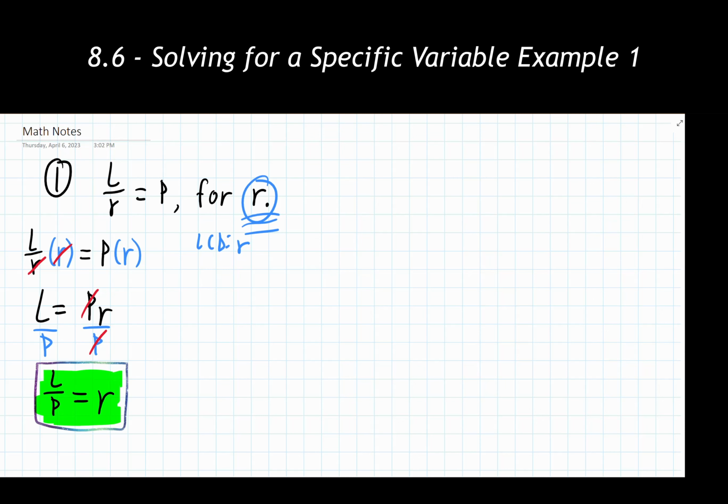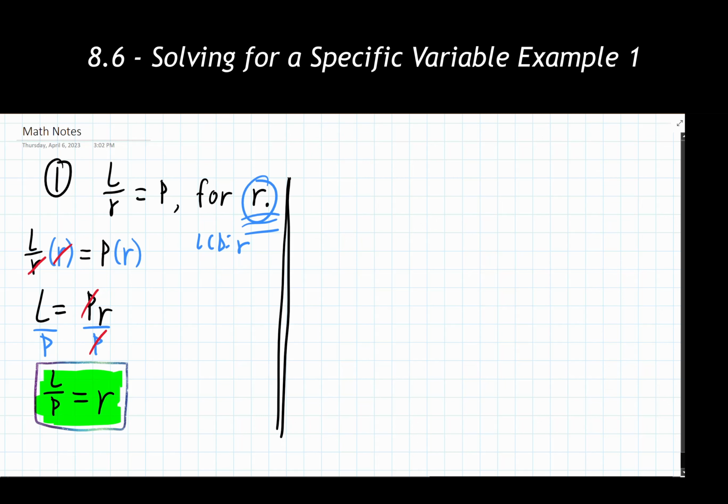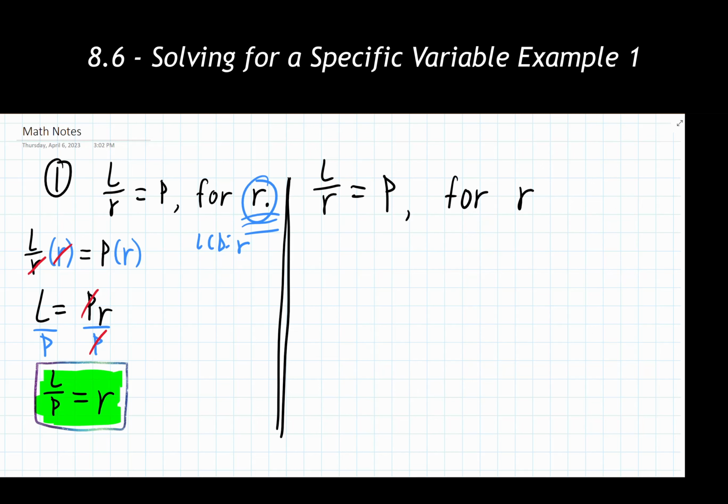Now, for the sake of just seeing an alternative method, I want to go through and mention what would happen if we had used cross multiplication with this. And again, this is just to see that there are multiple routes that we can take. So again, just noting what I'm solving for. For me personally, I like circling, underlining, and making it clear. So I'm going to rewrite this so it's really clear to me that this is a fraction equaling a fraction. And because it's just a fraction equals a fraction, I can now do cross multiplication.